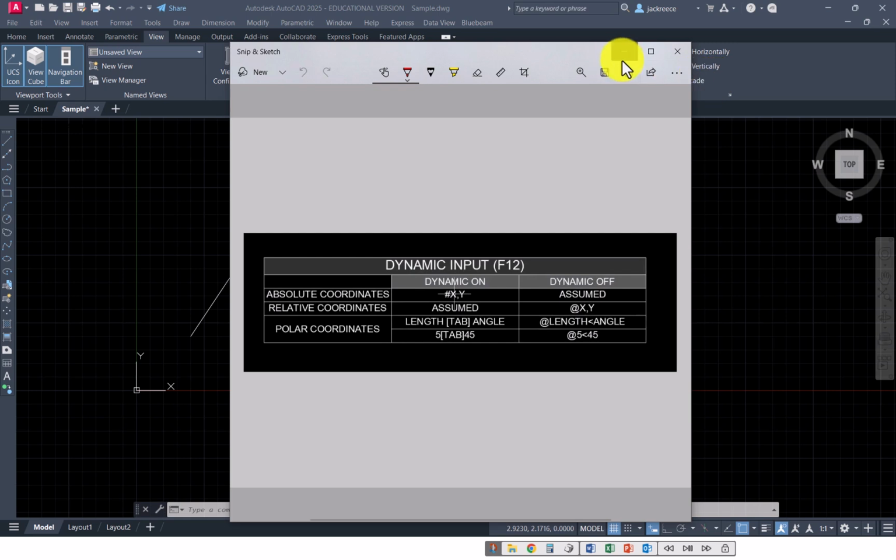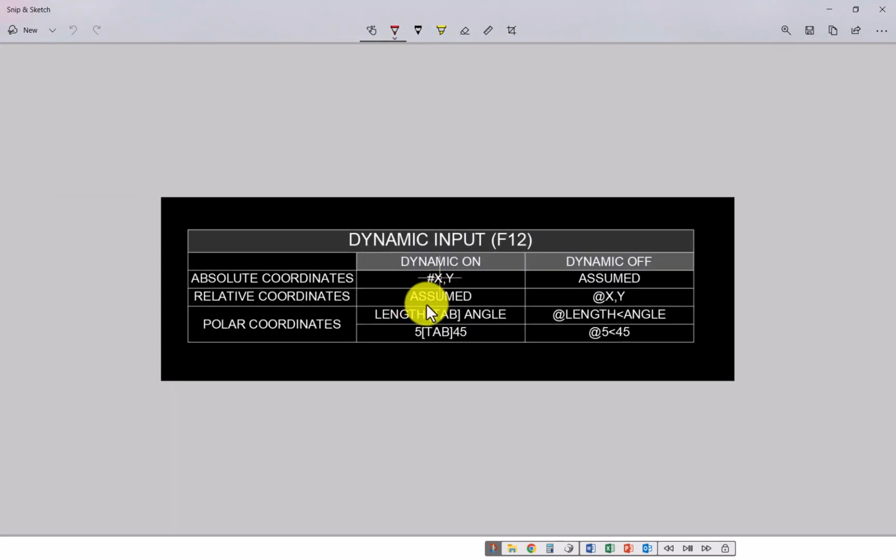Here is a little chart, and I can put this image into Blackboard so that you can see it. But if you have dynamic input on or dynamic input off,